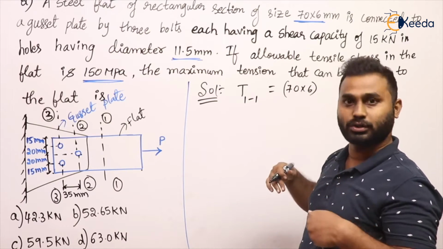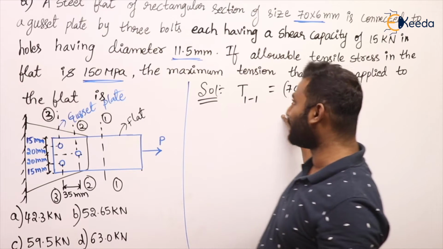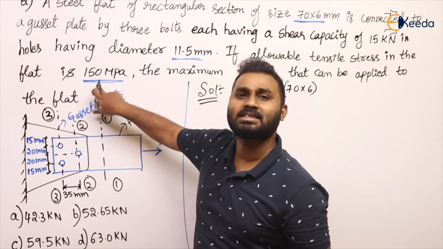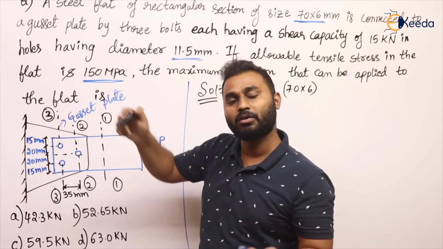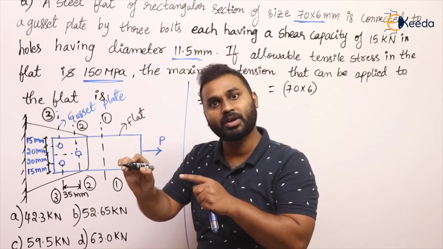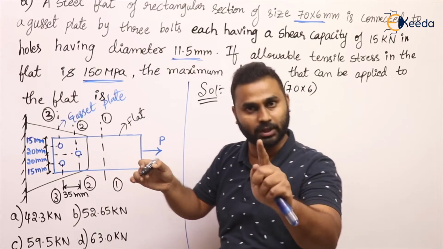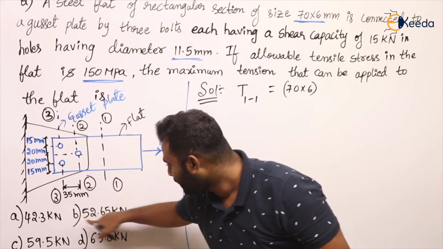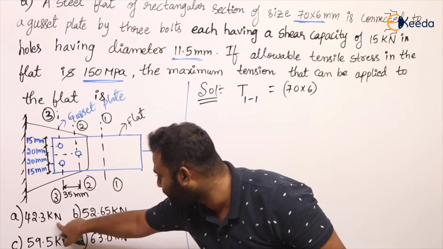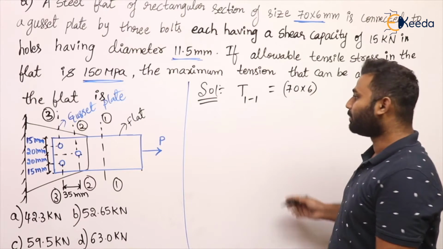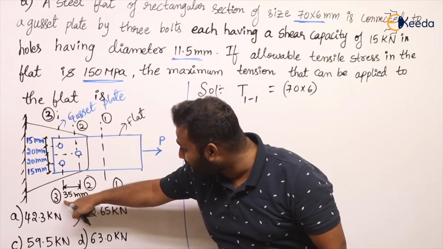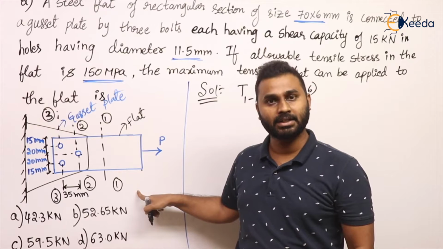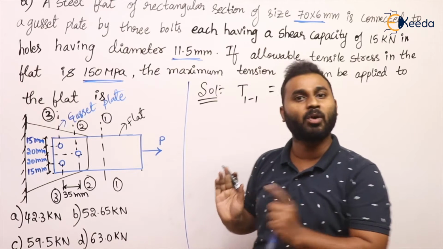And we want force. So to get force, area is to be multiplied with stress. Stress unit is Newton per mm square, area unit is mm square. If you multiply both, mm square and mm square get cancelled and we are left with Newton. If you see the options, kilonewton is present. Very simple question, but we need to be attentive in selecting these 3 sections. That is the only key point in this question.